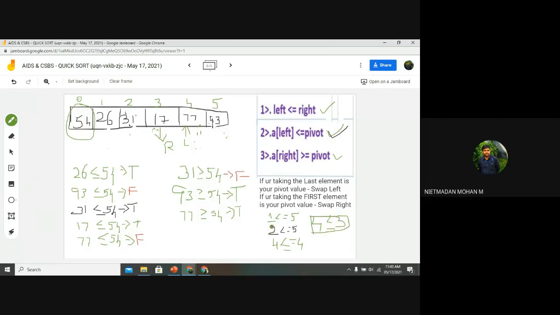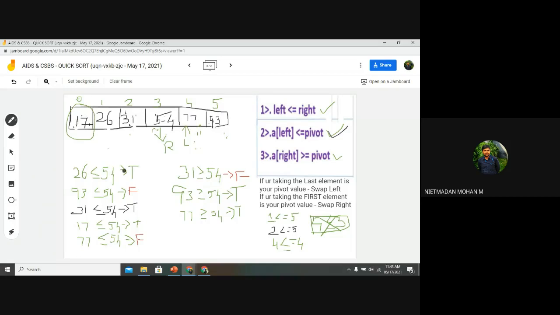False. When this condition becomes false, we want to swap the first element and the right element. What is the right element as of now? 17. So you want to swap the 17 here and 54 here. So here it will come as 54, and here you will get a 17.